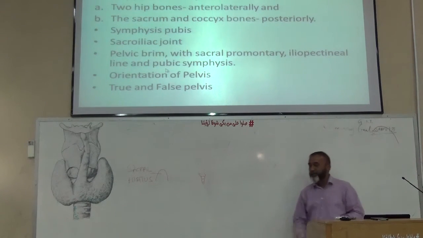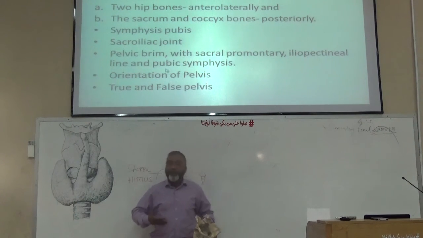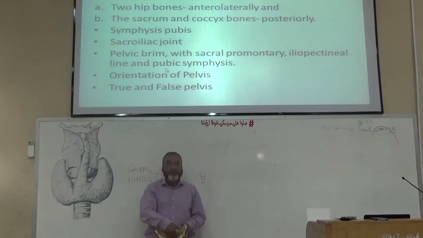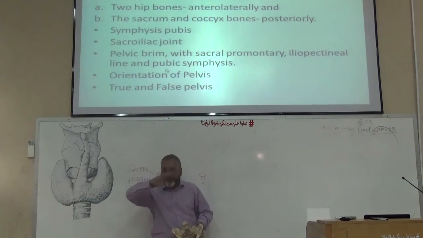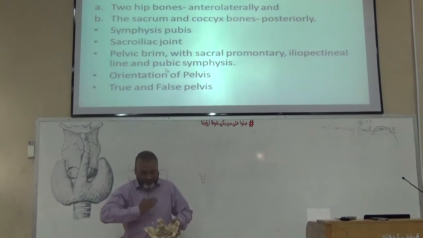Now orientation, if you know what is the position of this pelvis in our anatomical position, when the person is standing in anatomical position, the position of the pelvic cavity is such that the posterior or inner surface of the pubic symphysis faces backward and upward. You know the curvature of the vertebral column. Okay, so below, as you come below, it comes like this.